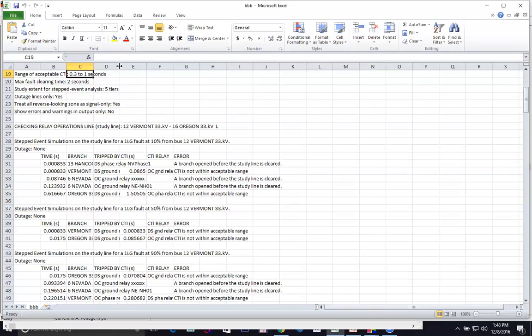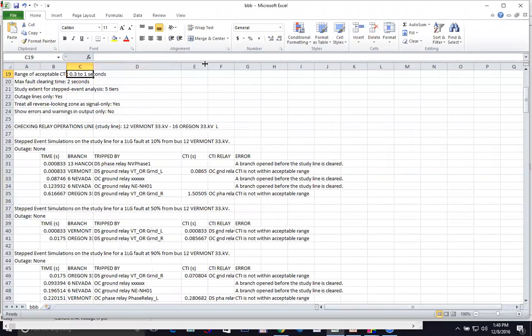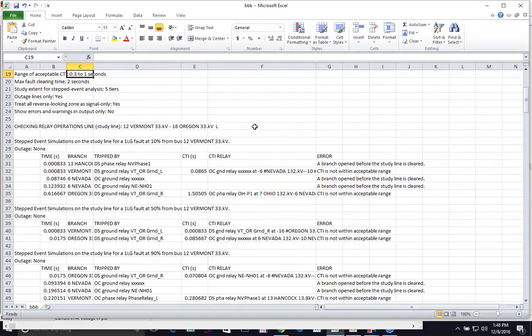Let me move this one a little bit. Okay, so at a certain time, some relay branch tripped. Well, in this case, it's a problem, it's an error, because this relay that tripped is on another line, not the line where the fault is. So that's bad. It says a branch opened before the study line is cleared.